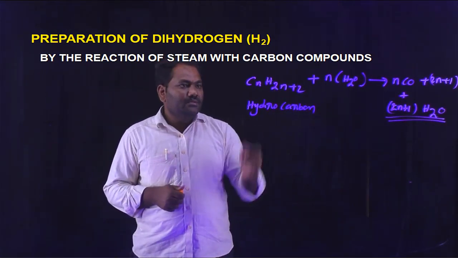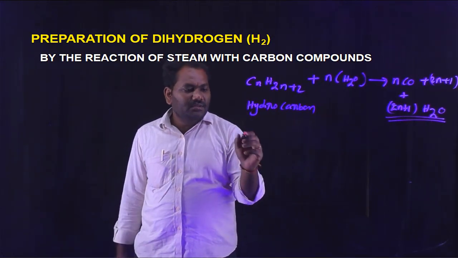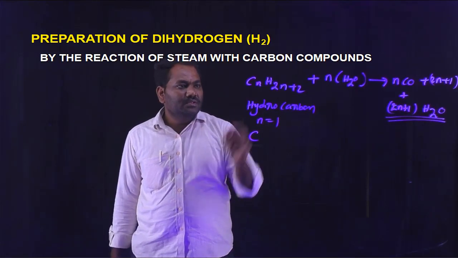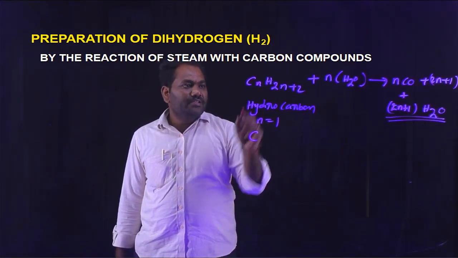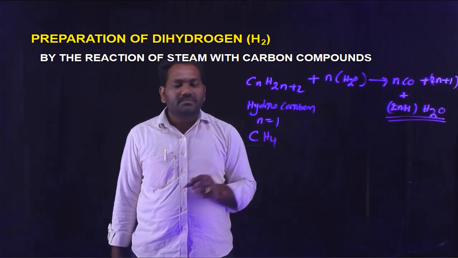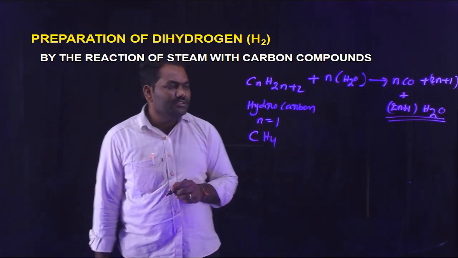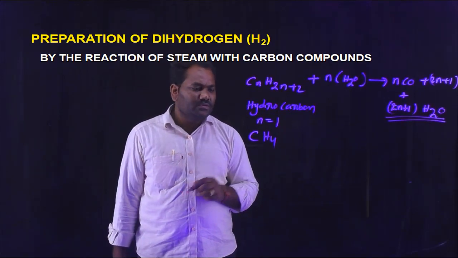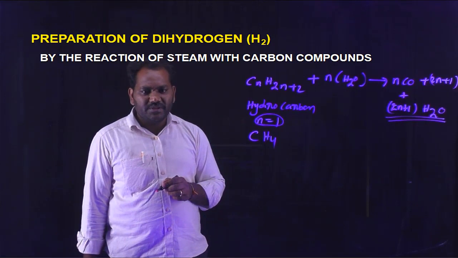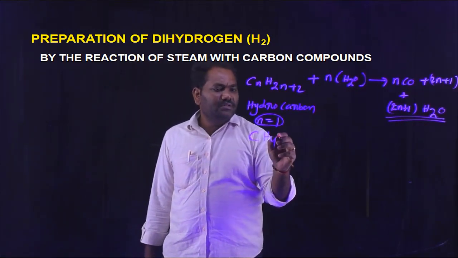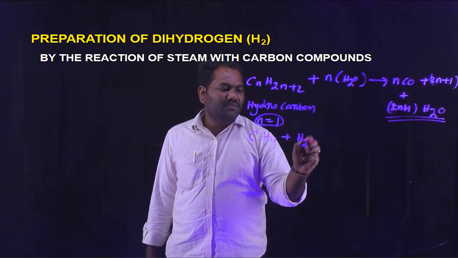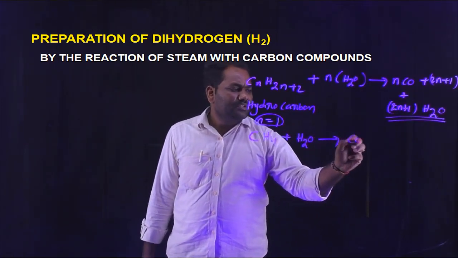For example, if n is equal to 1, so C1 means CH, 2n plus 1 is equal to 4, 2 into 1 is equal to 2 plus 2 is equal to 4. The best example: if n is equal to 1, the molecule becomes CH4, methane. Methane reacts with n moles, that is 1 mole, of water to give CO